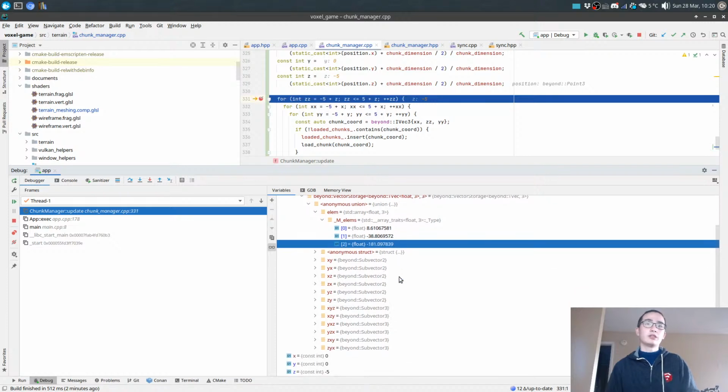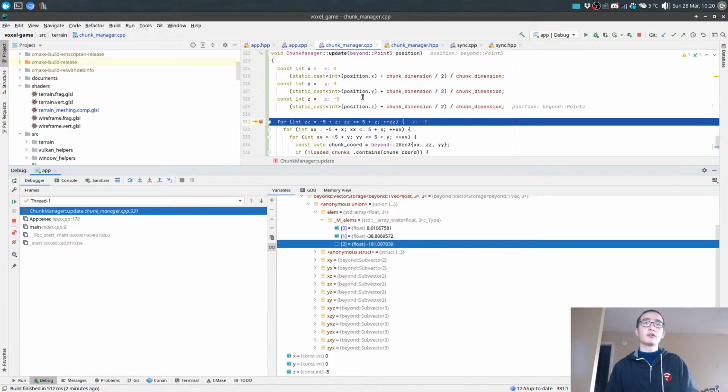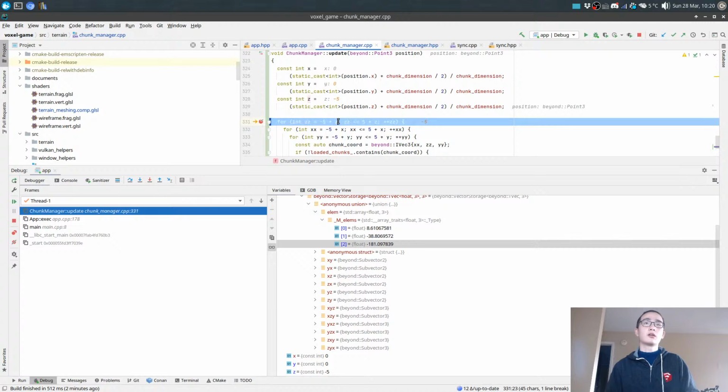This should be negative 5 or something. But that is not what I get. Well, this is negative 5. But if this is negative 5, become negative 10,